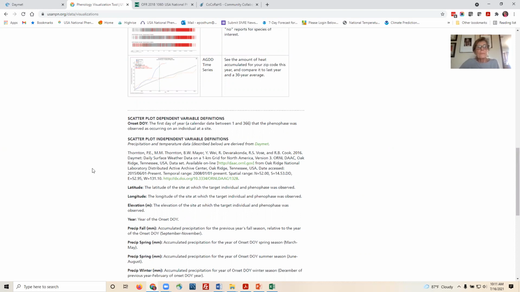So another thing I thought would be useful before we dive into looking at the climate data is to just revisit this idea of an onset. You might not be familiar with that, or maybe it doesn't sound too familiar, but have you heard that word before, onset? No, I haven't. Okay. Yeah, so if you think about when you record your phenology data in Nature's Notebook, it's